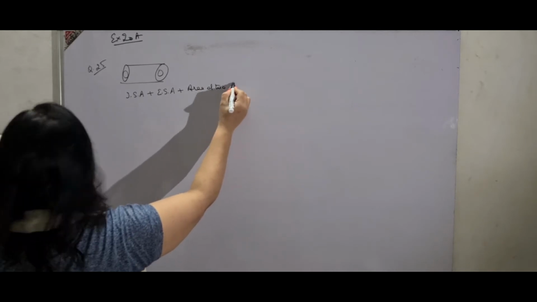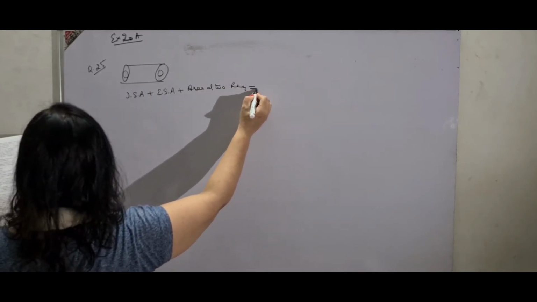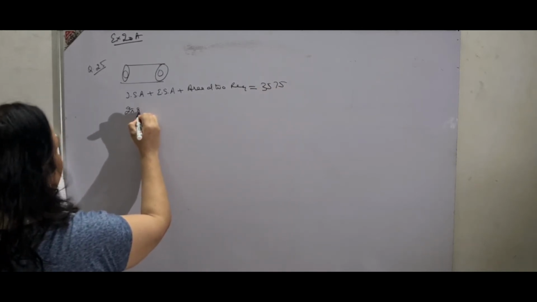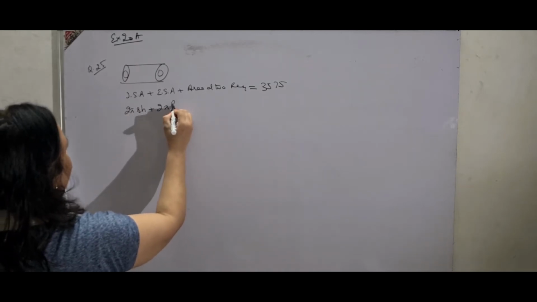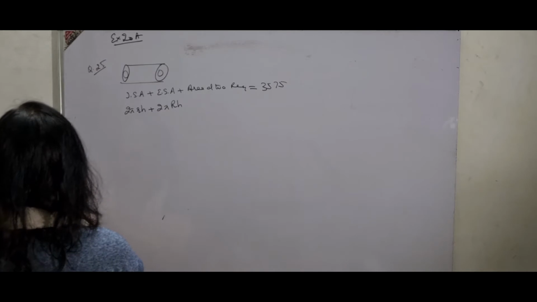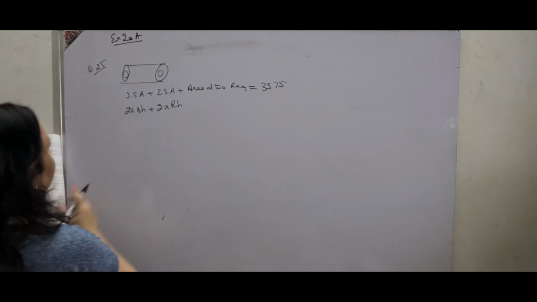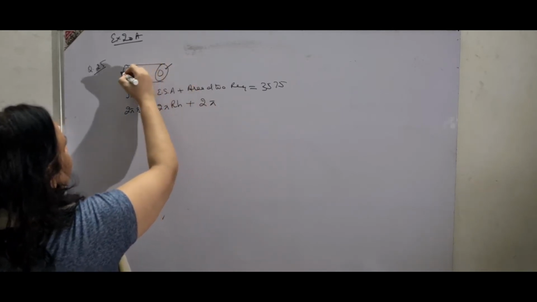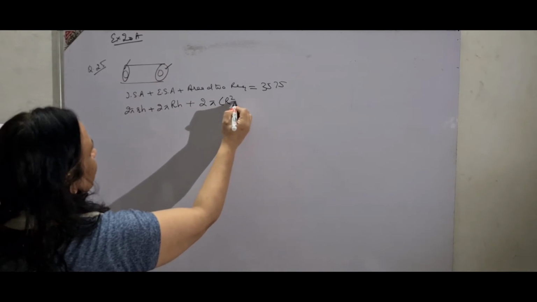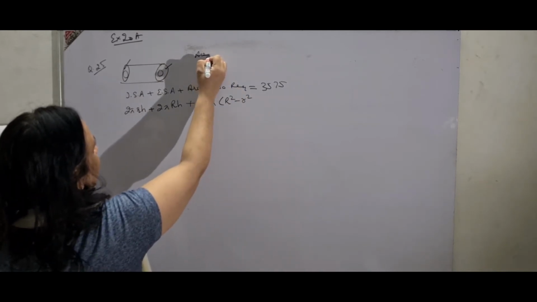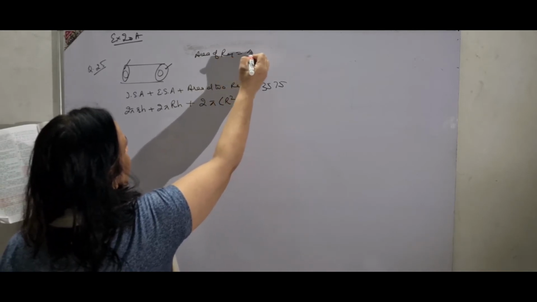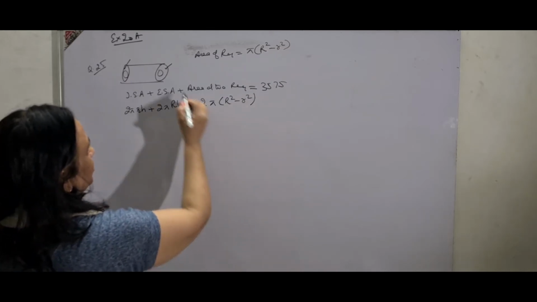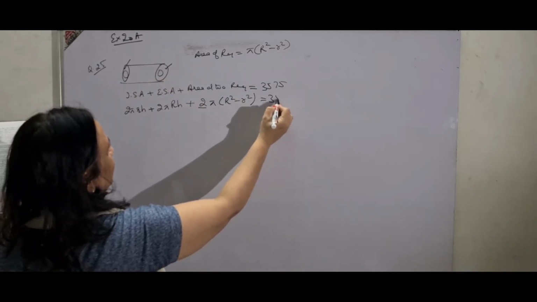Just to make you understand, it is 3575, or 2 pi rh plus 2 pi capital R h, because the height of the cylinder is the same, it is 14 centimeter, and area of two rings, because one ring at the right hand side and one ring at the left hand side, so 2. And you very well know that area of the ring, I am writing at the top, ring is pi capital or big R square minus small r square. So there are two rings, so I multiplied by 2, and 3575.